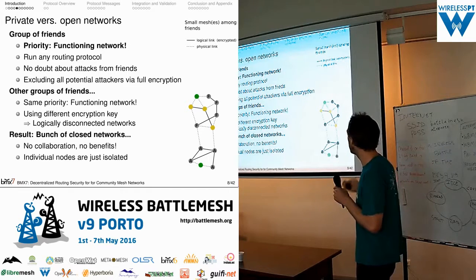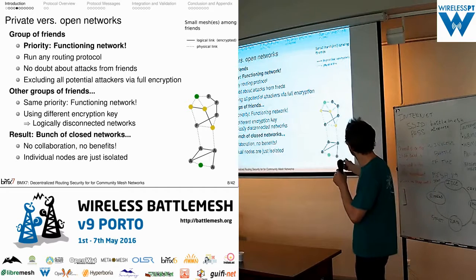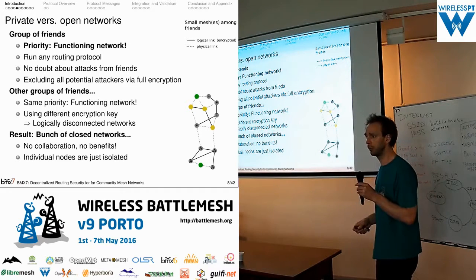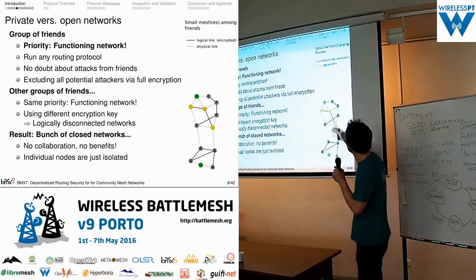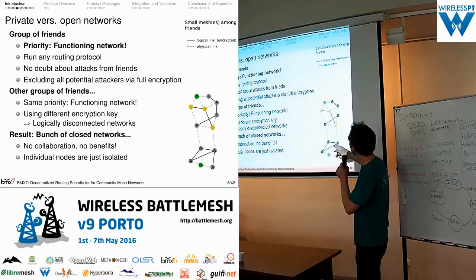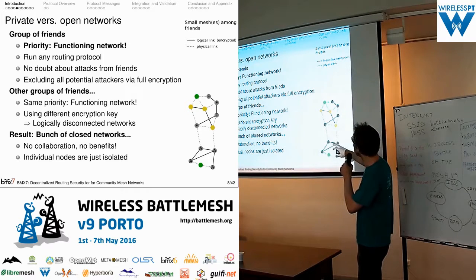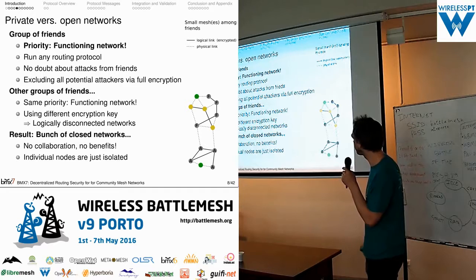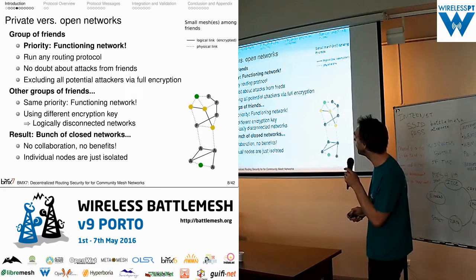And also some individual nodes, like these green ones, for example, don't get anything from the whole scenario. They are just isolated. They cannot communicate with each other because they can physically connect to different networks, and also there are physically existing end-to-end paths. But they cannot access the routing layer to establish end-to-end routes. And this is what BMX aims to solve.